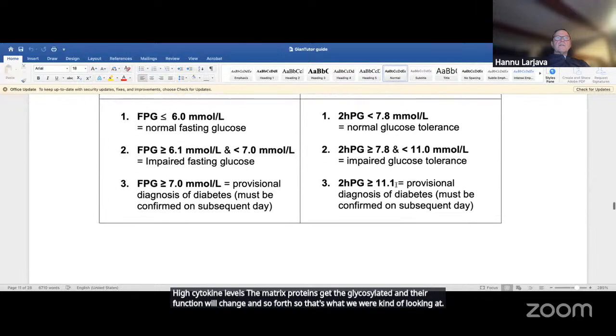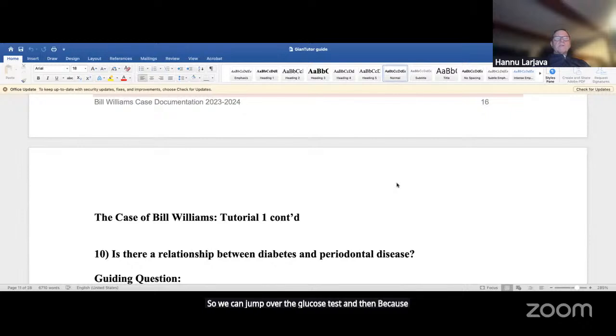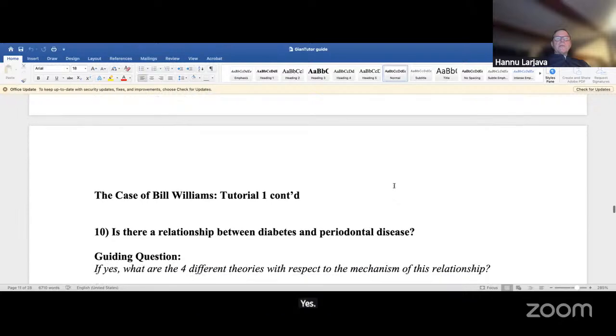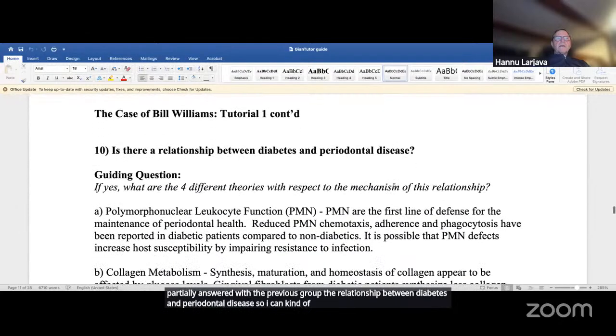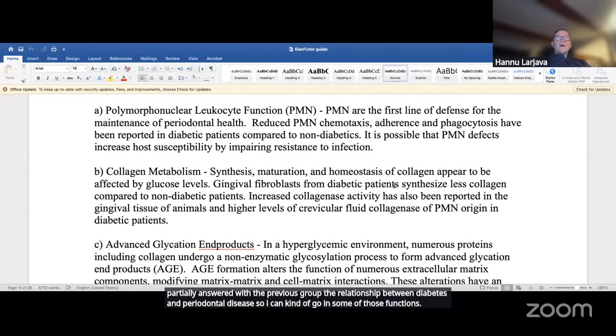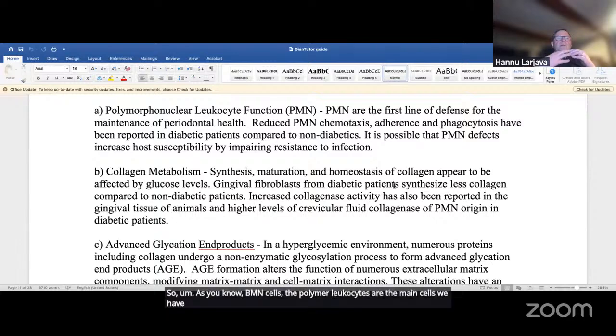So we can jump over the glucose test, because I think this question was partially answered by the previous group, the relationship between diabetes and periodontal disease. So I can go into some of those functions. As you know, PMN cells, the polymorphonuclear leukocytes, are the main cells. We have discussed this many times during this course, that they are the main cells that come through the gingival crevice, and